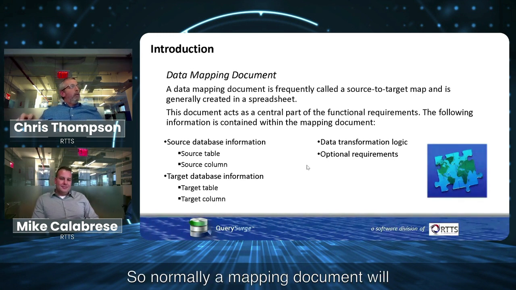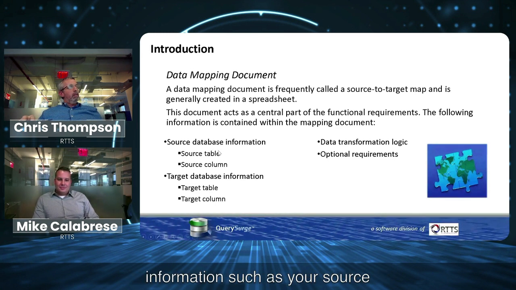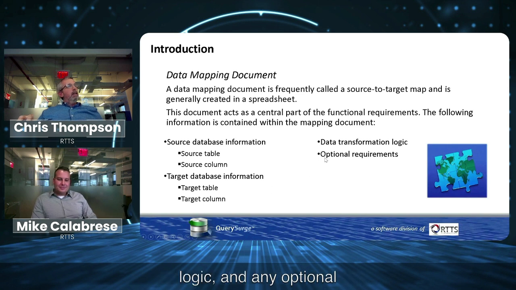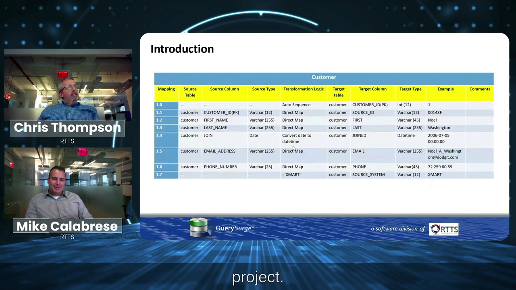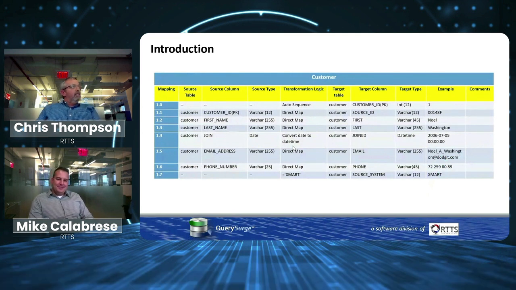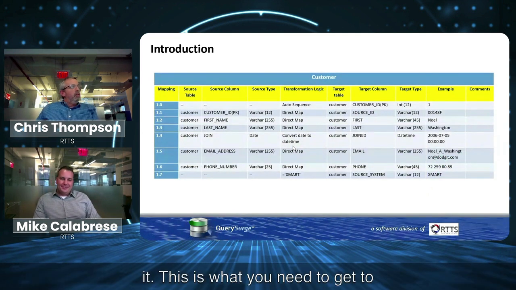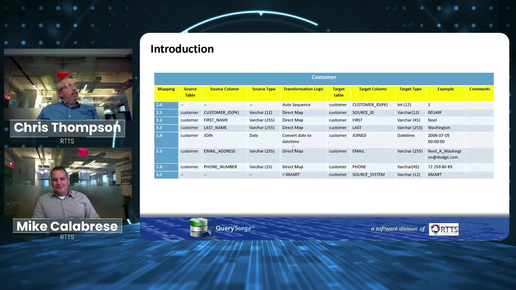So normally a mapping document would contain your source database information, such as your source table, source column. Additionally, same thing with your target table, target column, any transformation logic, and any optional types of requirements. Definitely one of the most important documents when you're doing a data testing project. This is what you need to be able to really test an ETL process